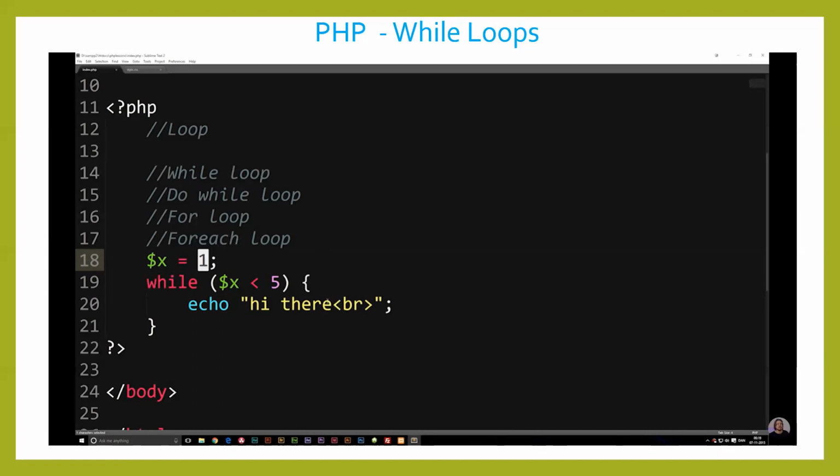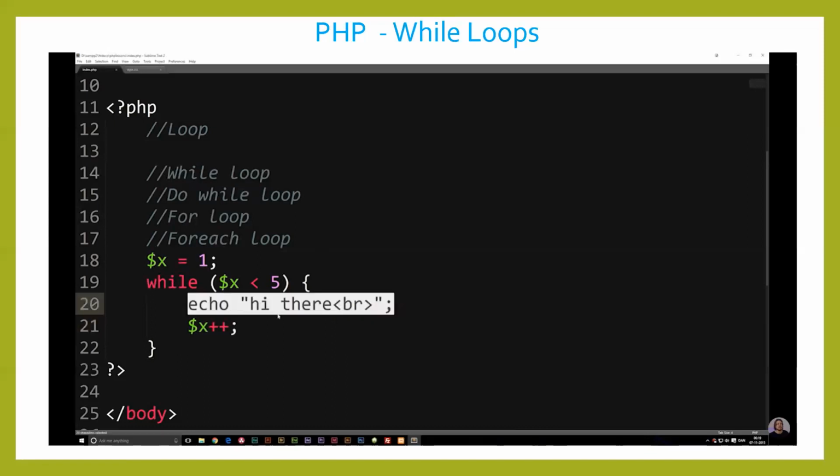So what I recommend you guys to do is to always check for these end loops. You always want to make sure that this condition in here will end at some point. So underneath our echo, we're going to go ahead and write something we talked about pretty early on in these PHP episodes, which is basically that we're going to take our variable called x plus plus, meaning that once we go down to the bottom of this,